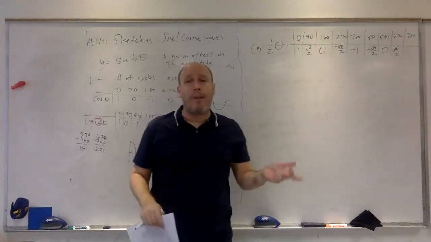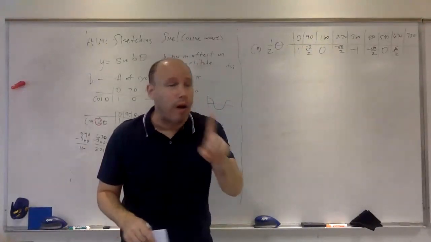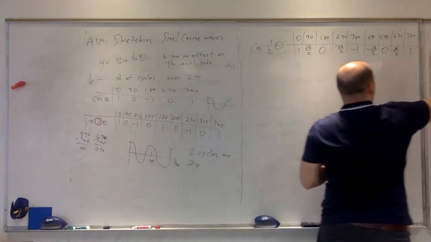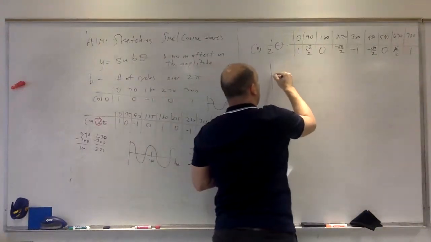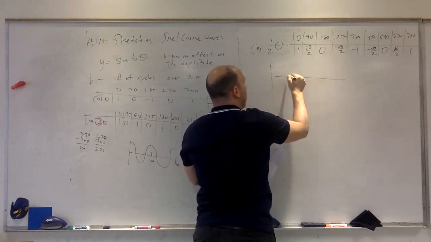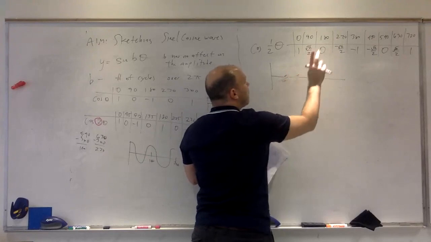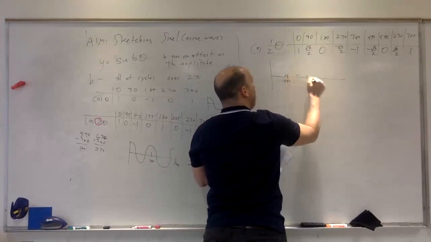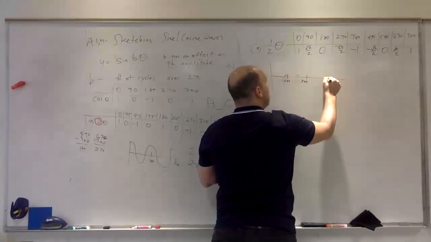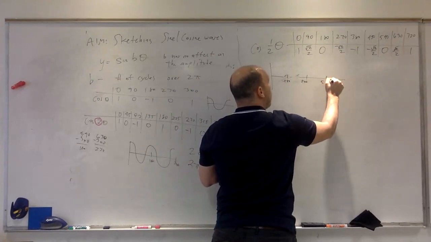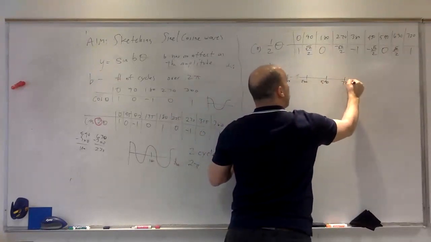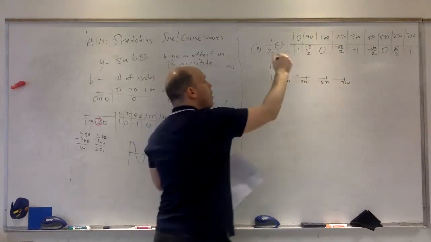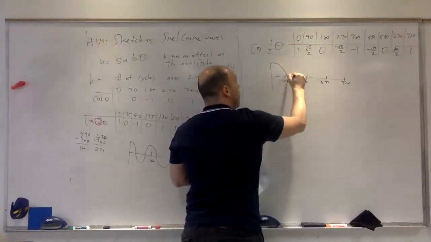What's going on with 720? 720 divided by 2 is 360. The cosine of 360 is 1. So what's going on here? Look at the graph. We have 90. Let's go to 360. We have 180, 360, 540, and 720. And we look at the graph and we see, okay, so we know